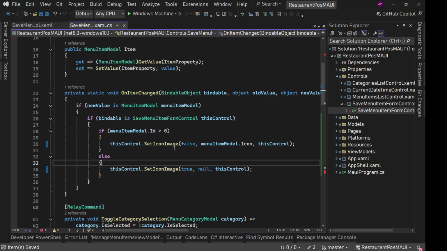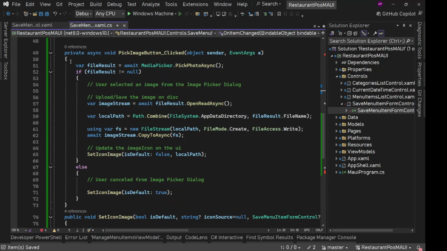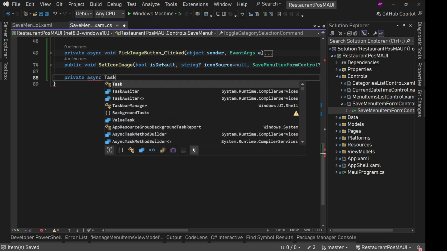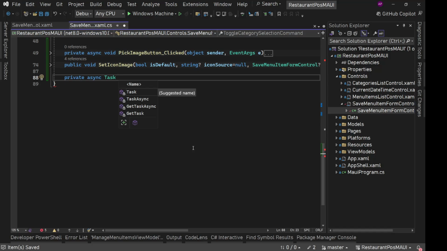Save. So when we click on that save button, we should have some logic, some validation here, and after that we will raise an event to our manage menu items view model to actually save the menu item. Okay, so here we'll have private void, or let's say private async task, and we'll say save